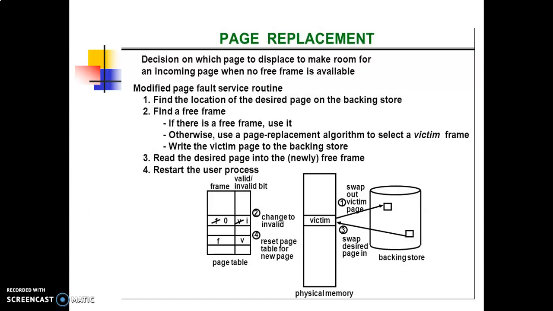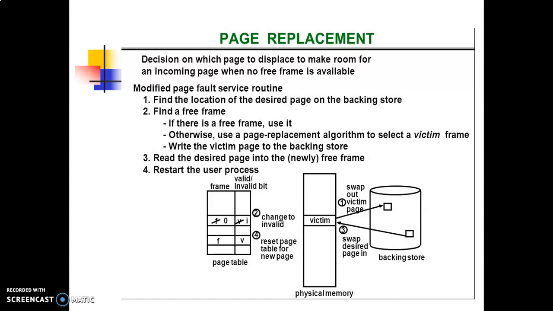If main memory is full, then it would be necessary to remove a page from a memory block to make room for the new page. And the policy for choosing the page to remove is determined by the page replacement algorithm that is used. And this is basically called the page replacement. The goal of the page replacement policy is to try to remove the page least likely to be referenced in the immediate future.